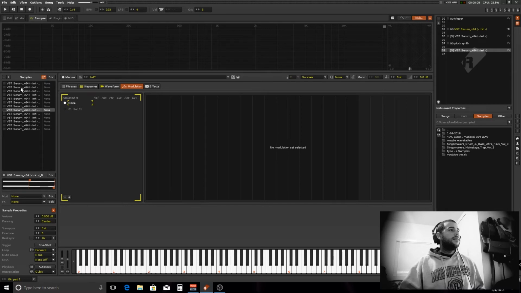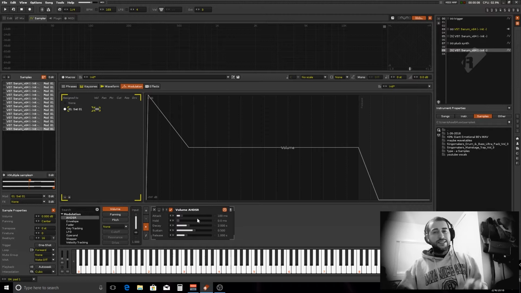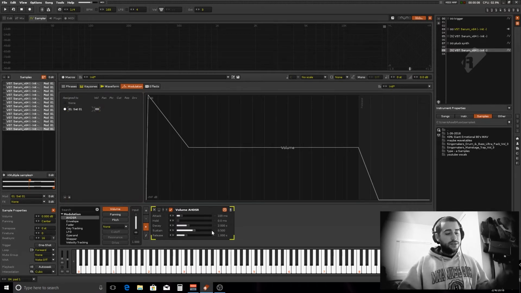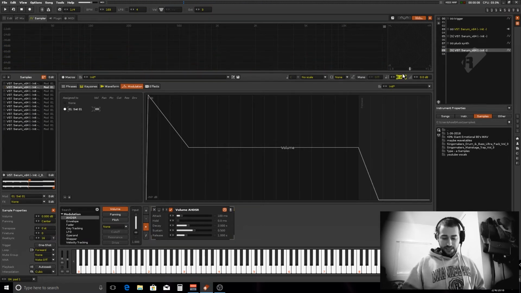So again, select all of our samples, route it to a demodulation set number 1. This time look for an attack, hold, decay, sustain and release envelope because it has more proportional controls, if you want to call it like this. Repitch this to 12, and mess around with the shape, trying to create a